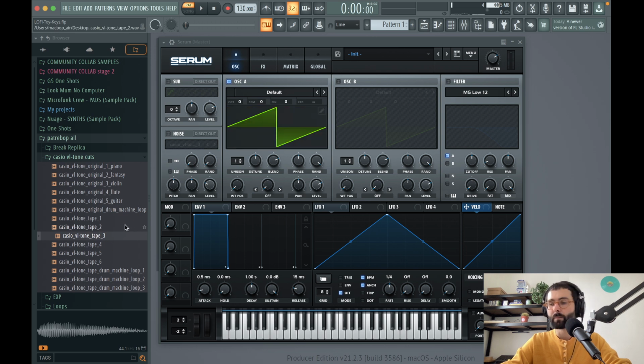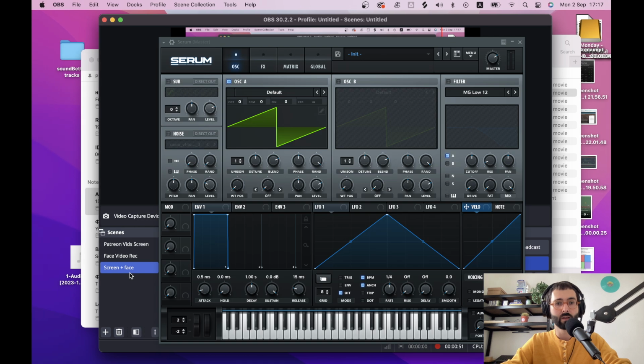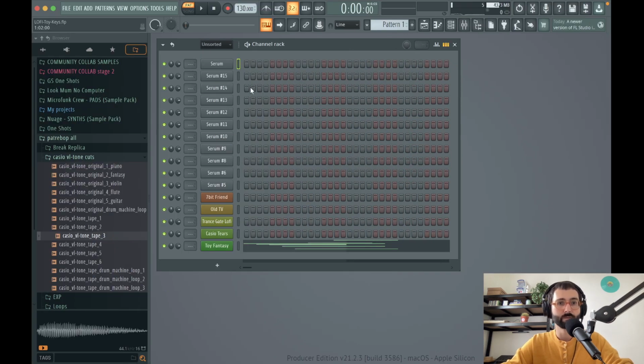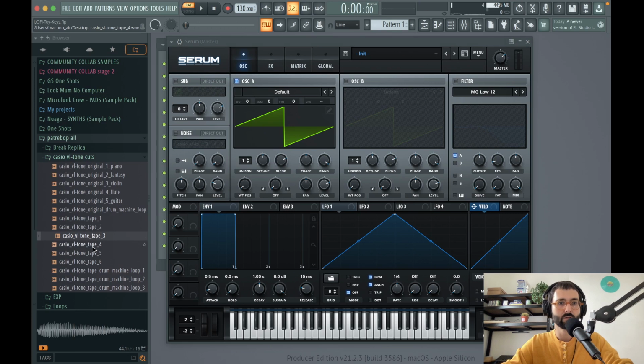So what I did is I took this old Casio keyboard. It has pretty basic syntones, but I recorded them to my lo-fi cassette player, played with pitch a little bit, and then sampled it back into my DAW and used it as a reference in Serum. So basically I took some cuts,